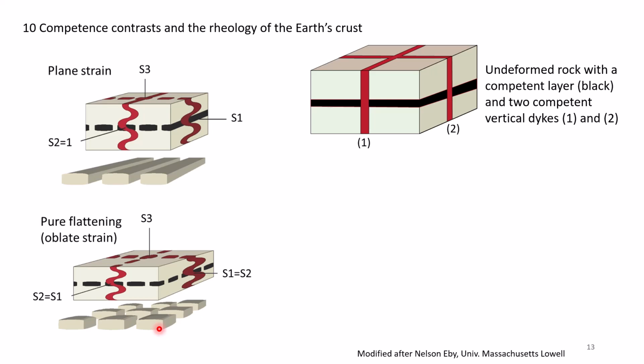What happens to the magmatic dikes? Dike 1 that we see here is undergoing folding because it is parallel to the shortening direction, S3. It also undergoes boudinage. We see that here it is undergoing boudinage because it is oriented parallel to S2, and S2 in this case is undergoing extension. It stretches. So the stretching will dismember this magmatic dike that is undergoing folding in the S3 direction, in the direction